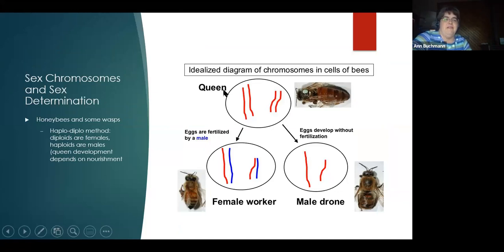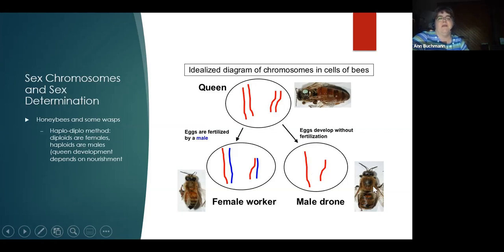In bees and honeybees and some wasps, there is something called the haplodiploid method of sex determination. The queen is a diploid organism. The queen has two copies of every allele for that gene, and each of her chromosomes is doubled. Okay, she will produce eggs. The eggs are haploid. If an egg just develops into an organism without being fertilized, that becomes a drone male